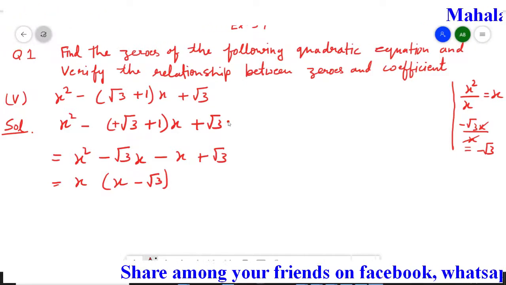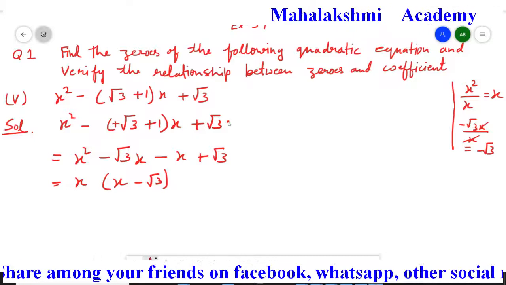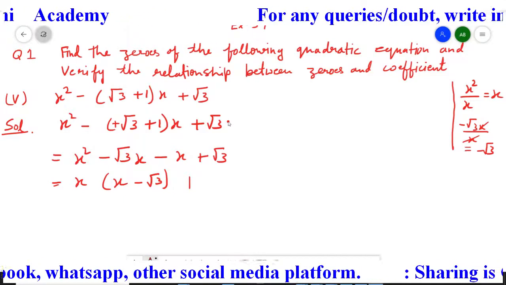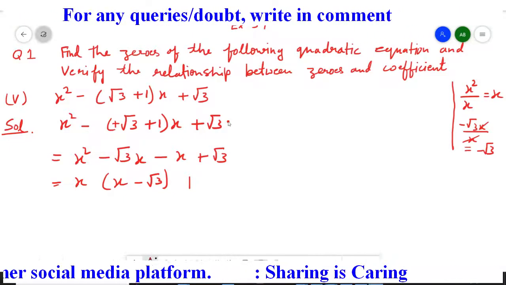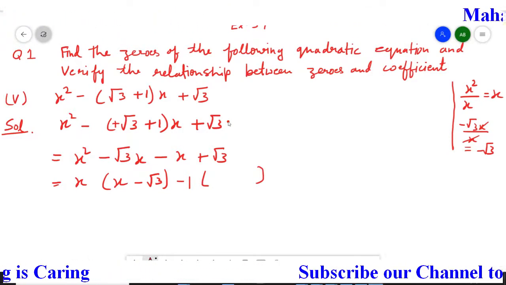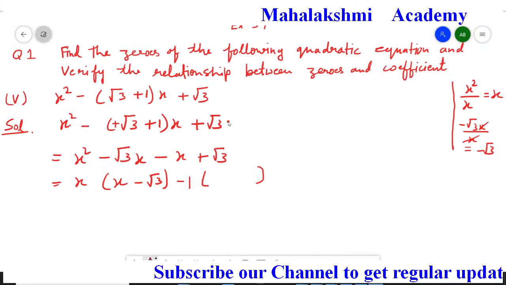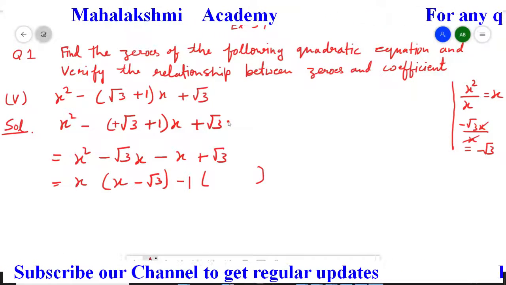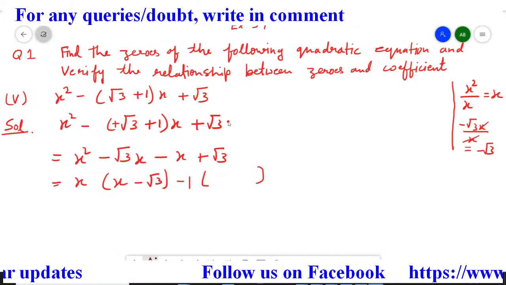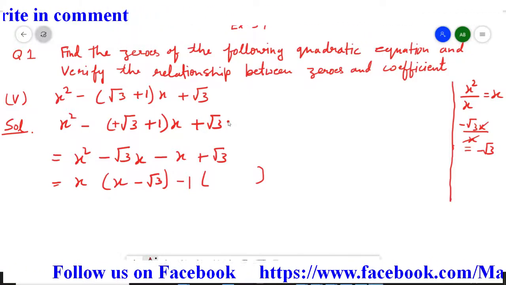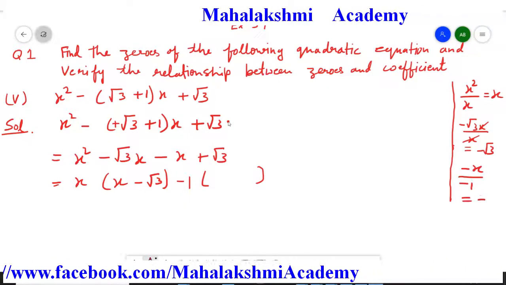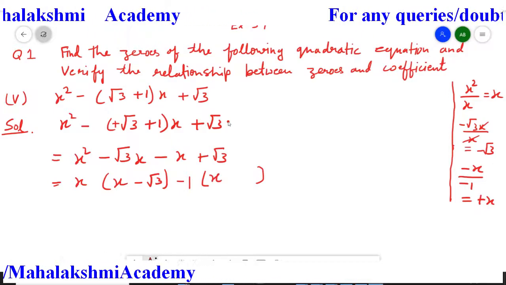Now from here we have to take common, and we can see that there is nothing common, so we should take 1 common. But the confusion is what sign will come here, minus sign or plus sign. So we have to decide the sign in such a way that after taking common, the bracket whatever we are going to put here should be same as the previous bracket. So see the sign of x. The sign of x is plus. So the conclusion is just take minus common here, because when you divide this minus x by minus 1, you are going to get plus x. That's why we should take minus 1 common.